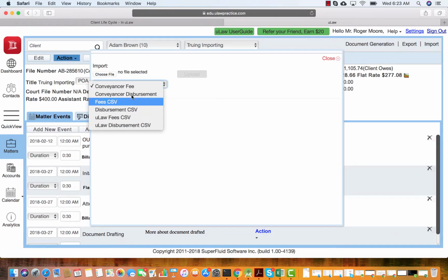You have to choose what type. We want you to choose this generic format called fee CSV, and we have the same thing for disbursement CSV as well. And then you can choose file at